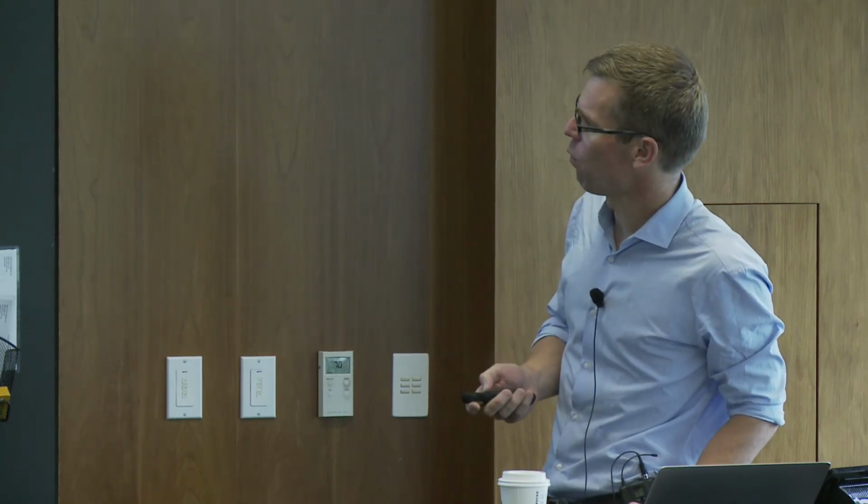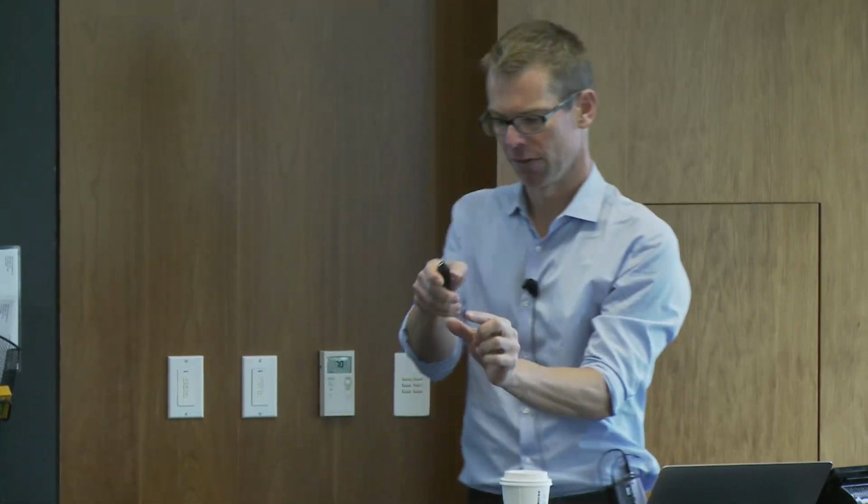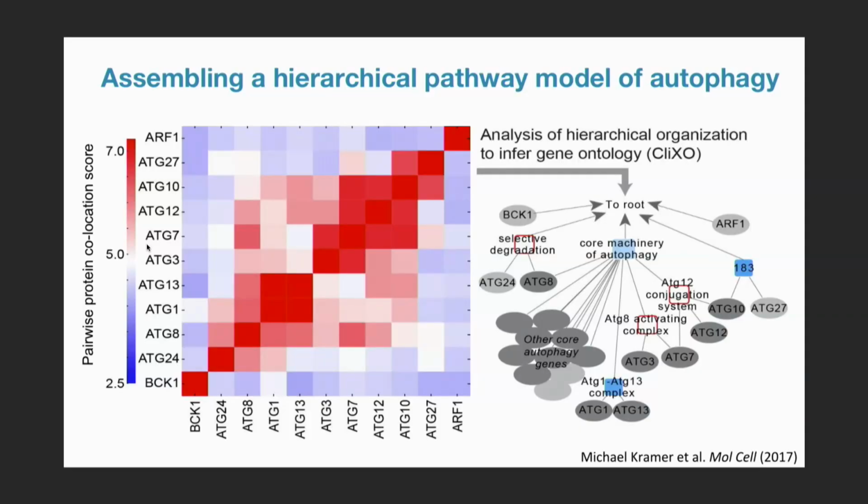And you can see that for the goal of constructing a hierarchy of components in cells, that algorithm needs to have a couple of principles that most algorithms do not. One is just the simple notion that a cluster can contain more than two objects. If you simply build a phylogenetic tree, which is a binary tree, you will create all of these artifactual nodes in the hierarchy, which are just representing all these binary splits. But what you'd like to do, like in the case of ATG 7, 12, and 10, if these are all very similar to one another and equally similar to one another, is just merge them all at once. That's property one that you need.